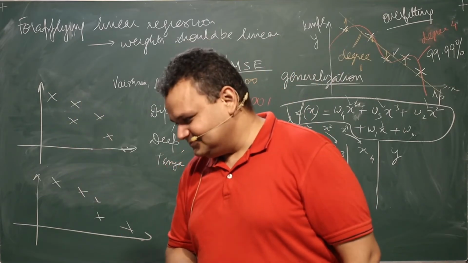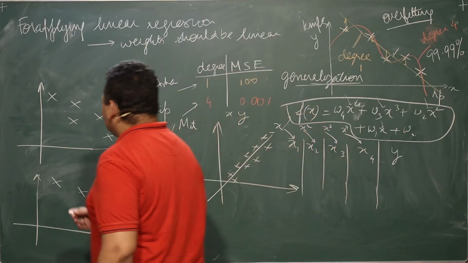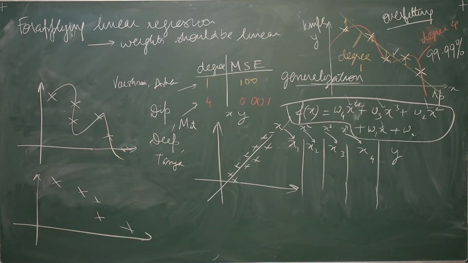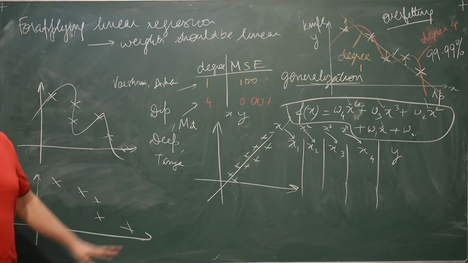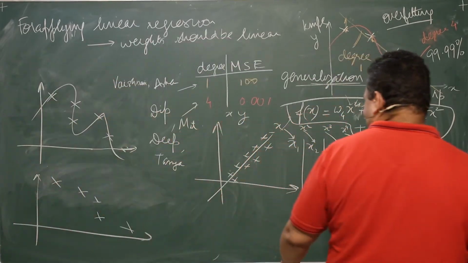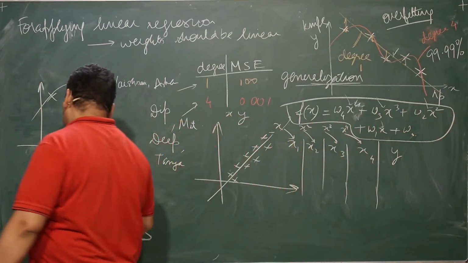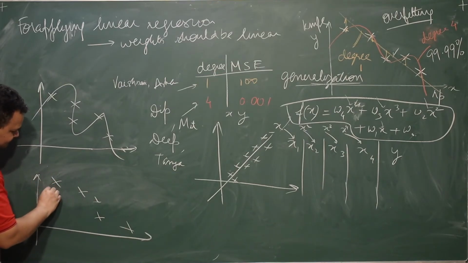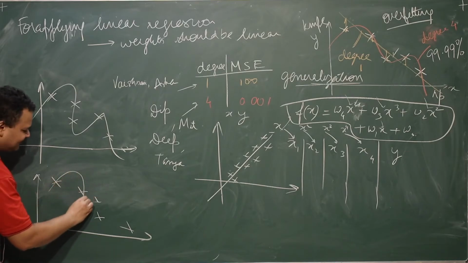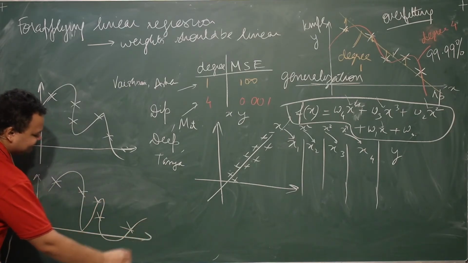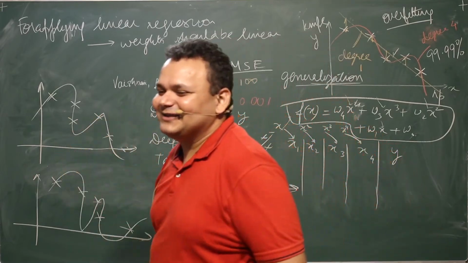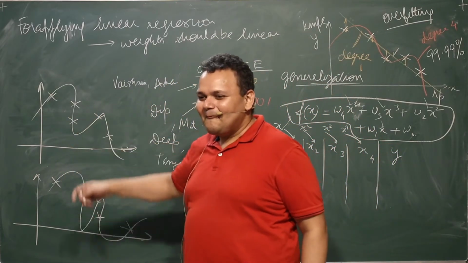Do you agree with that? Yes, sir. Okay, if I were to put a 4 degree polynomial, what will it look like? Something like that, I don't know. I'm just guessing, but you can do that as your homework exercise. What do you think in this case? Do you think that it is going to be the same or it is going to be different? I'm just drawing those, but what do you expect both these cases to give you?